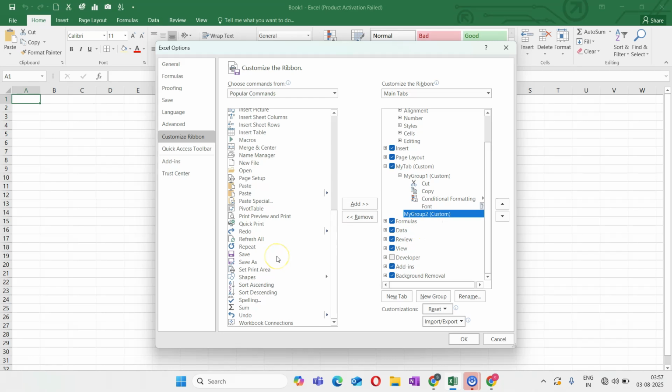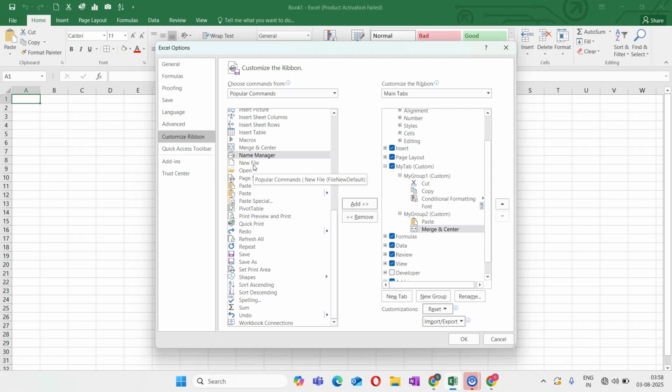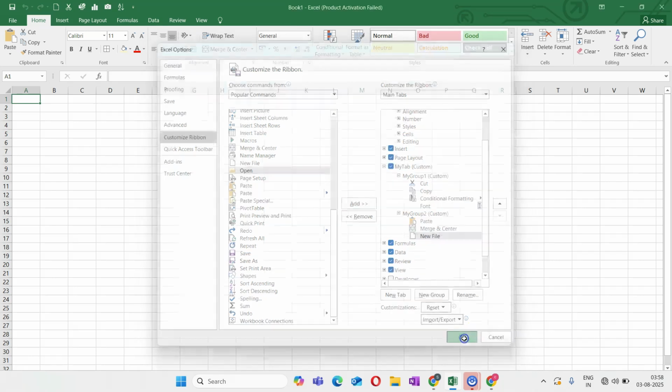In My Group 2, I would like to add paste, merge and center. Right now, I'm just randomly picking and dropping things. New file. So you will see that now I have two groups with custom items or custom tools. Once this is done, you simply need to press OK.